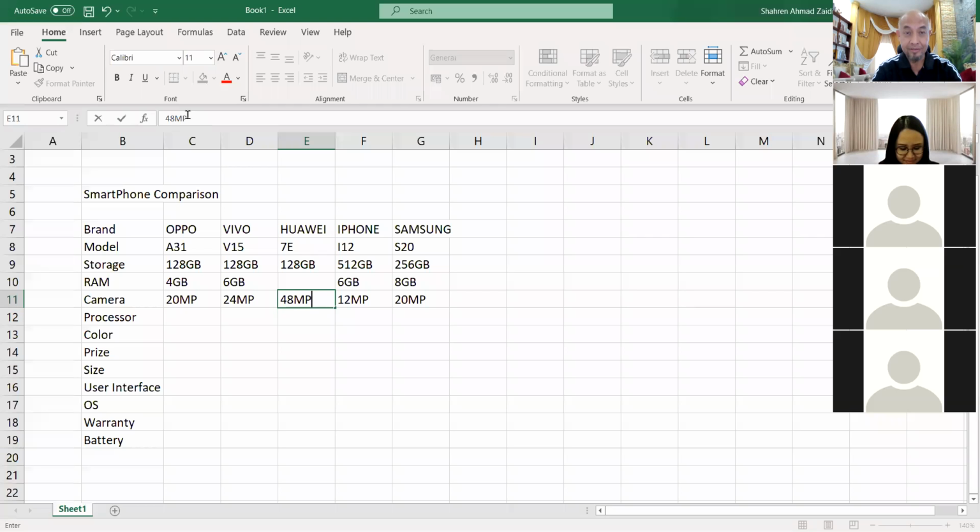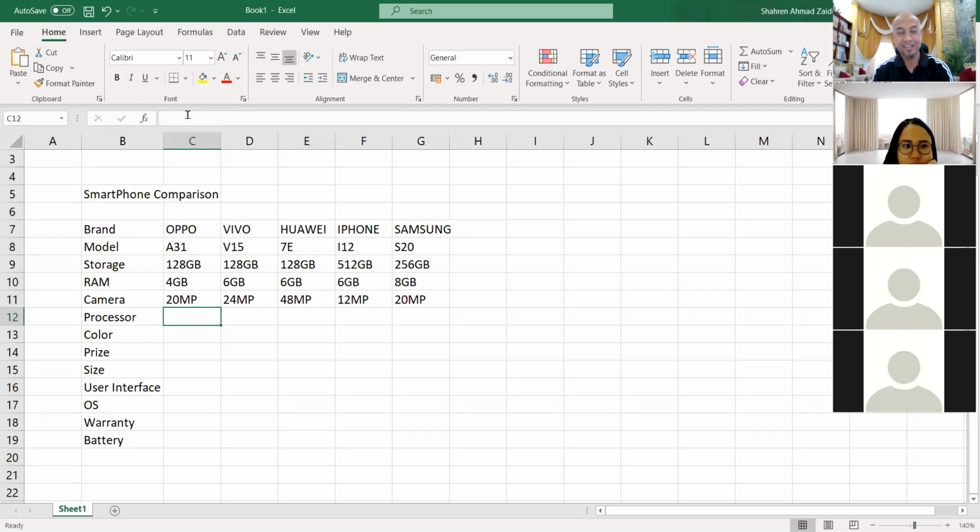Wait, that's right. Good. RAM-nya 6 giga. Baik. 48 megapiksel, betul ke? Yes. Dahsyat. Prosesor,